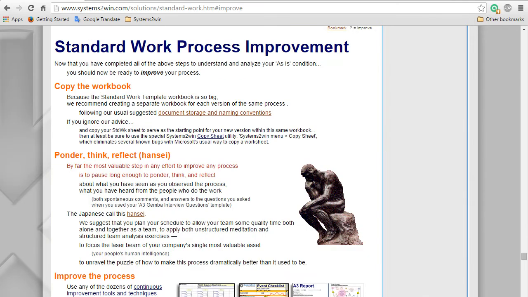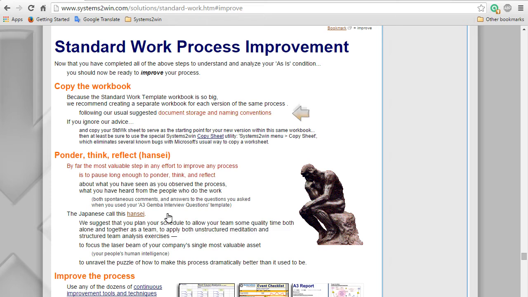And the very first instruction is to copy the workbook. So when you're done analyzing the as-is, don't keep editing the as-is workbook. Copy that workbook to serve as the starting point for your WIP version, your work in process version.